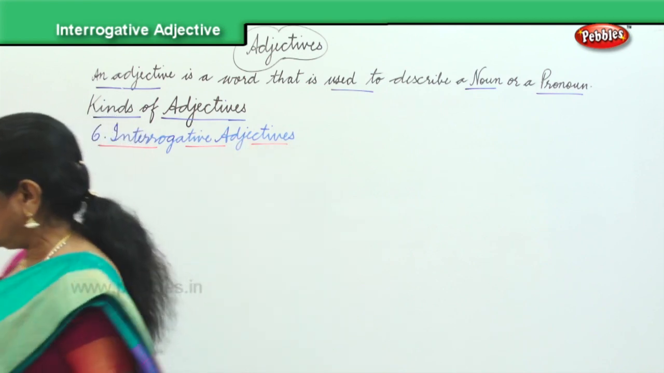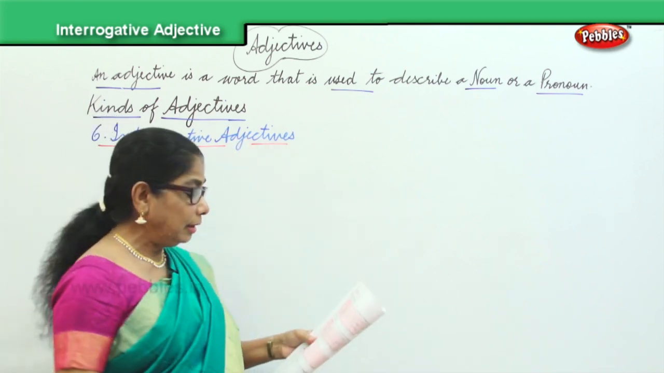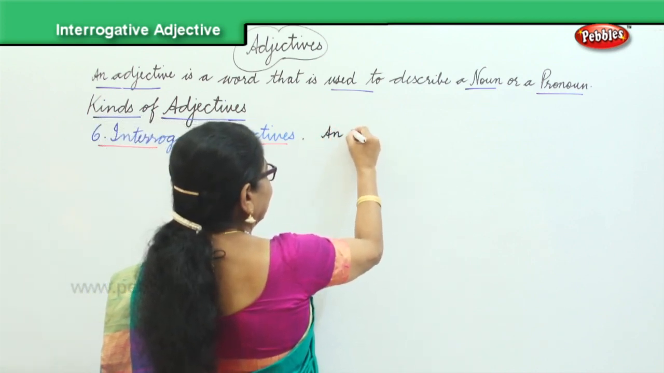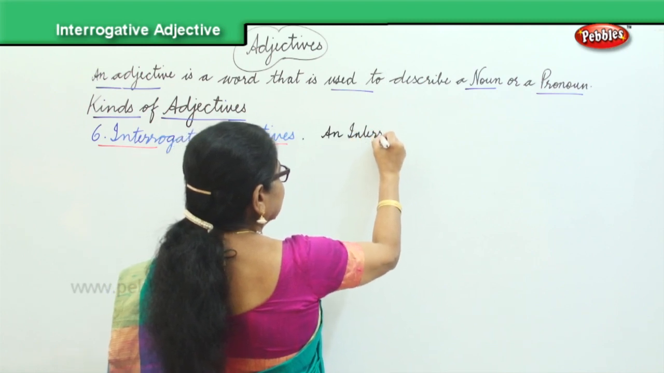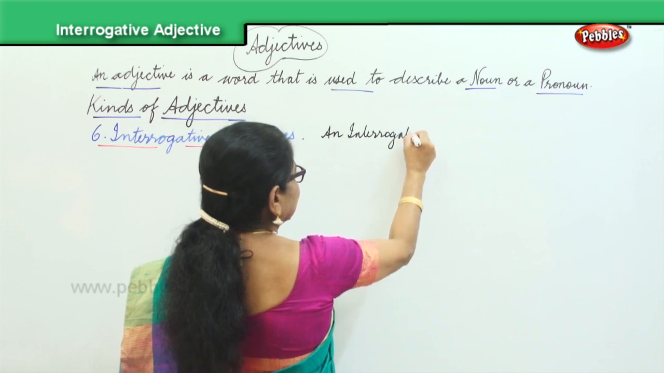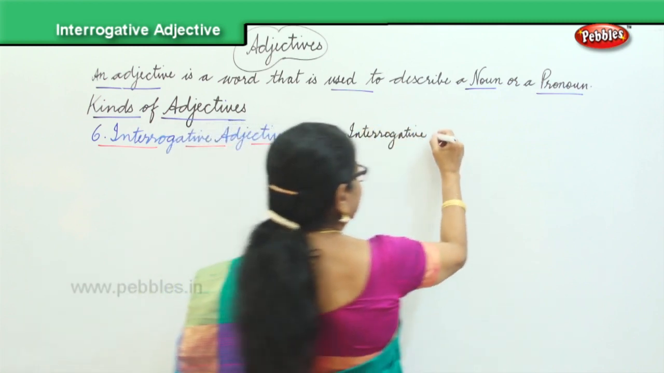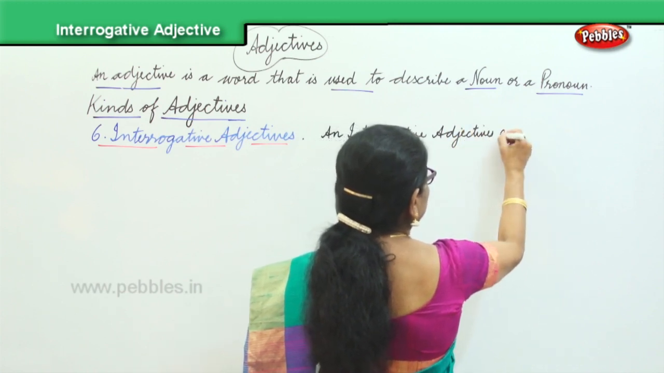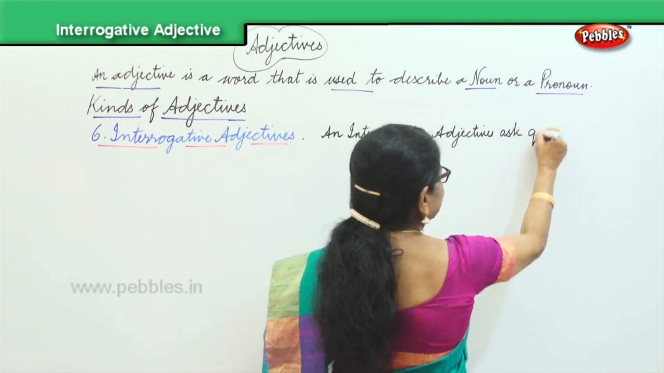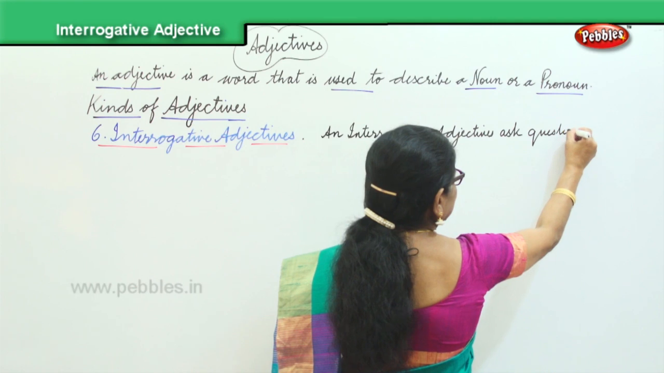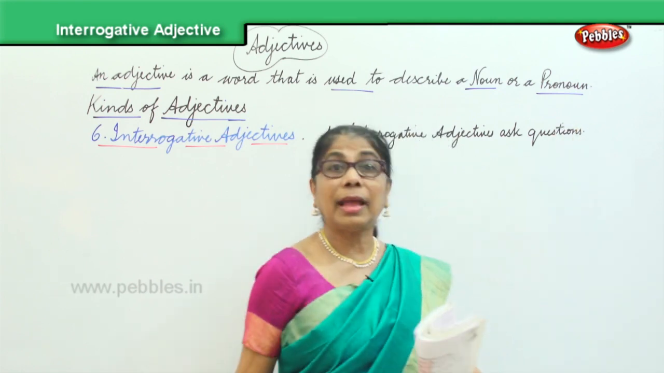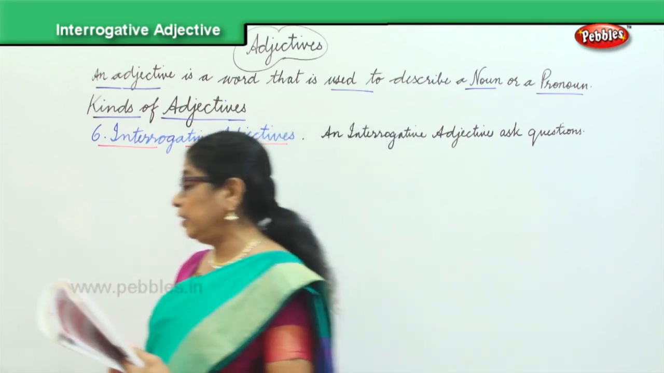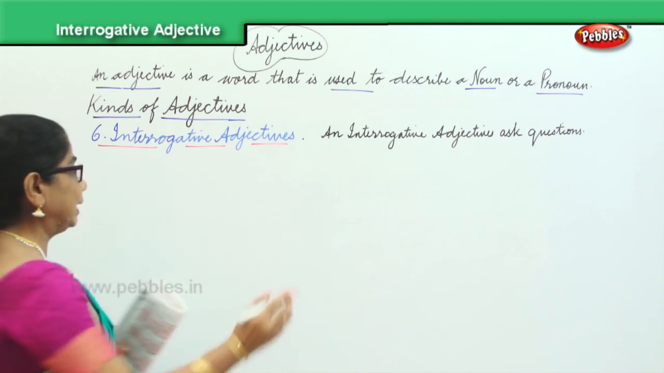And what do they do? What do interrogative adjectives do? An interrogative adjective asks questions. Interrogative adjectives ask questions. And interrogative adjectives, they ask questions. Very simple and very easy to identify interrogative adjectives. Examples: